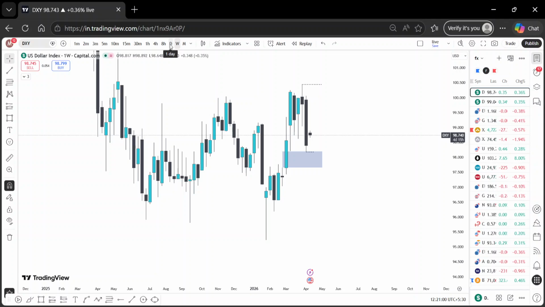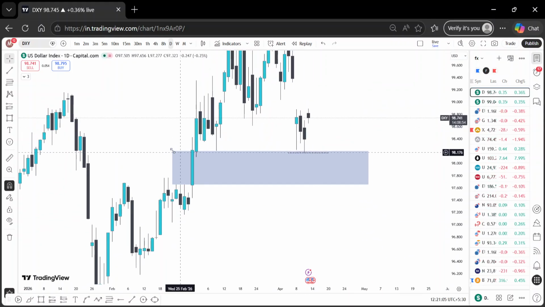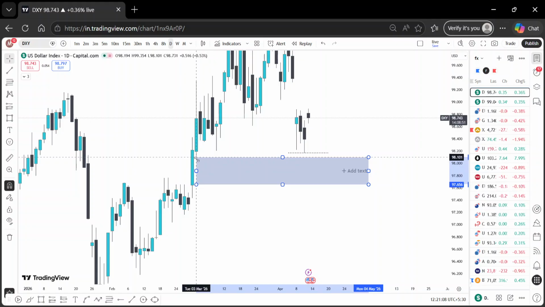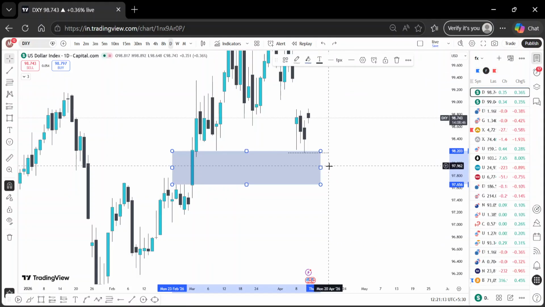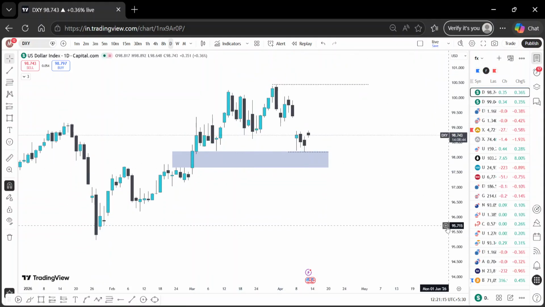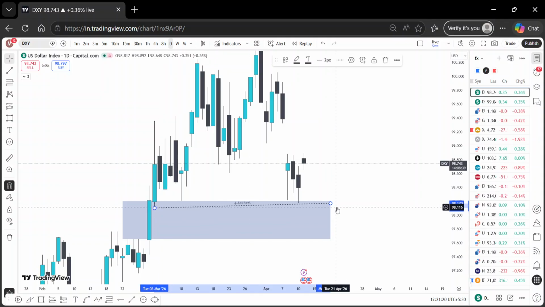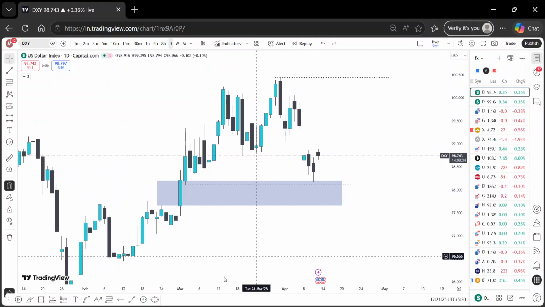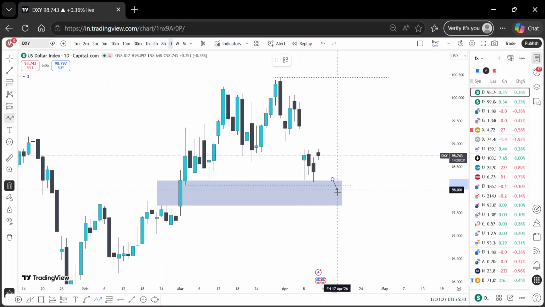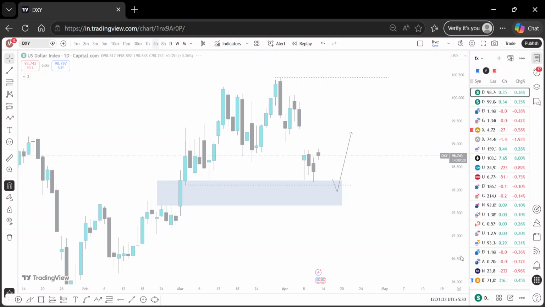I'll show you in a more clear way in the daily time frame, because in the daily time frame we have this daily bullish fair value gap here, right? Although it's not of the current trading range, but that will be a relative equal low here, right? So price might come lower from here and then go higher. Or if we go to the 4 hour time frame, I'll show you in the 4 hour time frame.